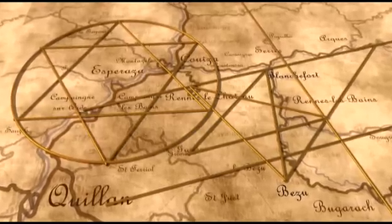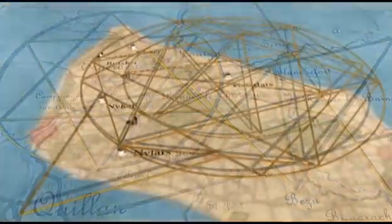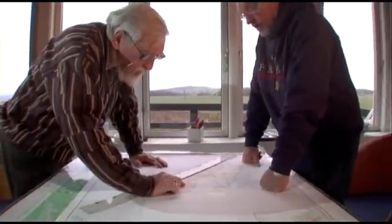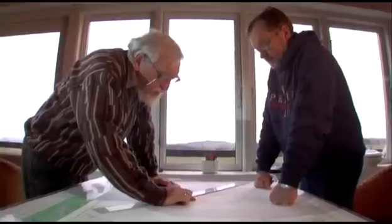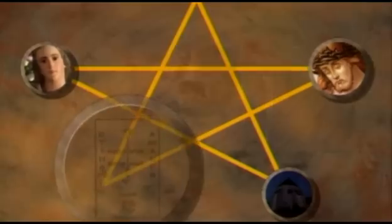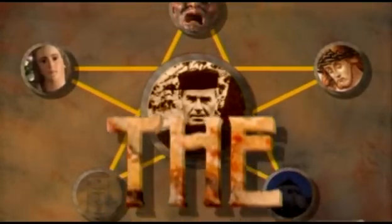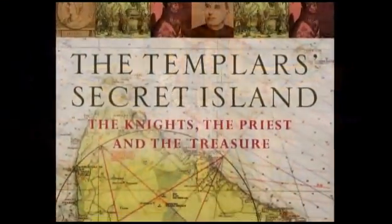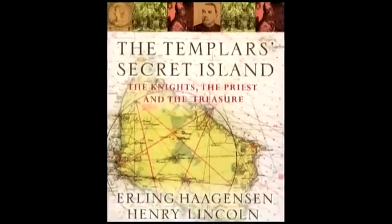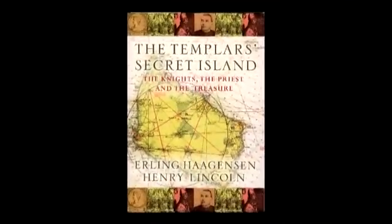It was the Knights Templar that seemed to tie together the geometry of Rennes-le-Château and the geometry of Bornholm. The two lines of research were drawn into one when Lincoln and Haagensen began to work together. Their collaboration produced a series for television in 1992, which was broadcast as The Secret of the Templars, and in 2000 their book, The Templars' Secret Island, was published. The authors explored the idea that the Knights Templar had been protecting a secret knowledge obtained in the Holy Land, and that for some reason in the 12th century they sought to